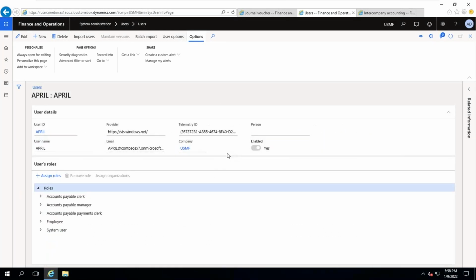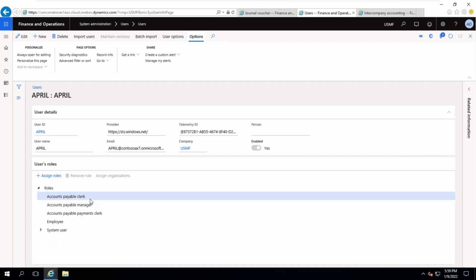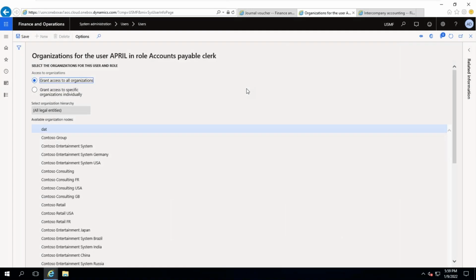You will have permissions like assign organizations, meaning you have USMF, DEMF, or all companies. Here it is given all. If you want specific, you can map individually.